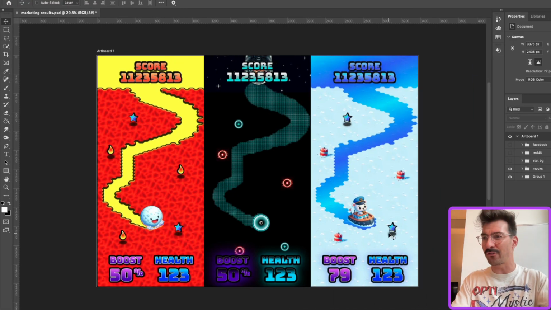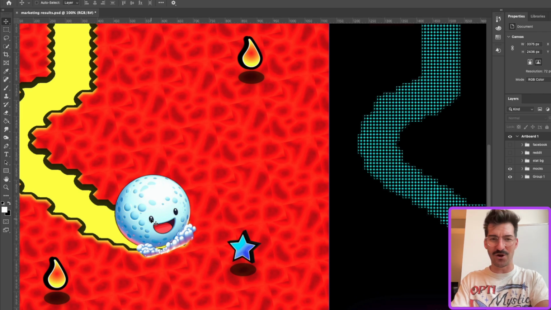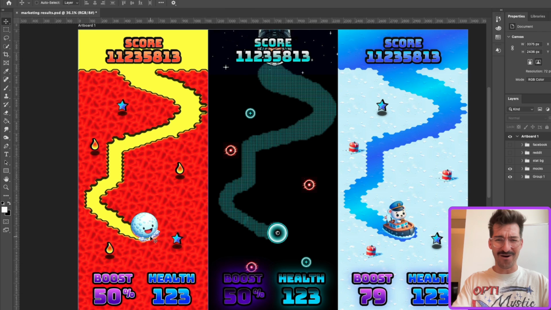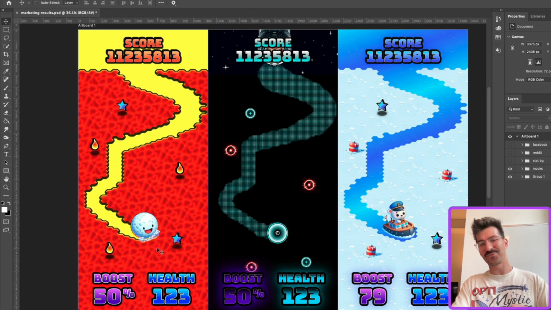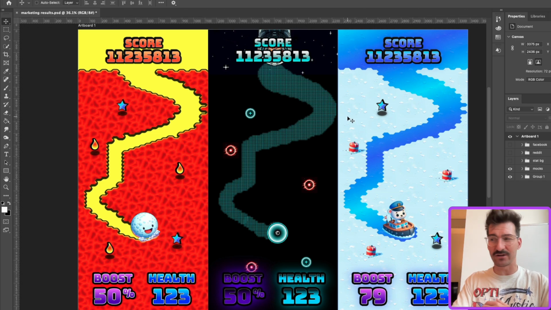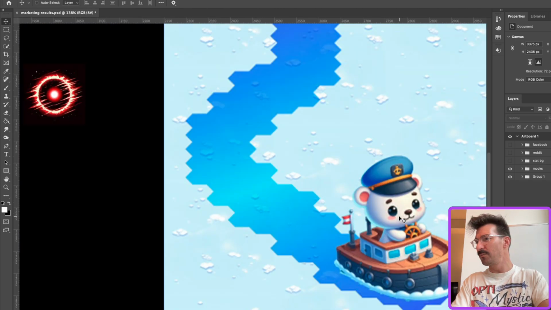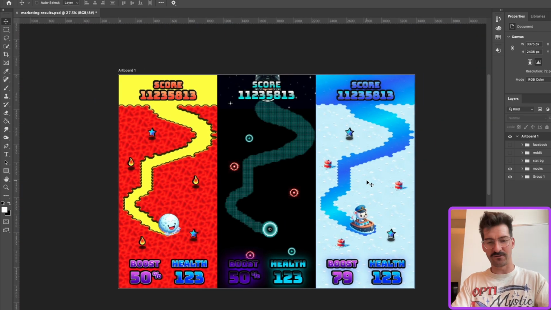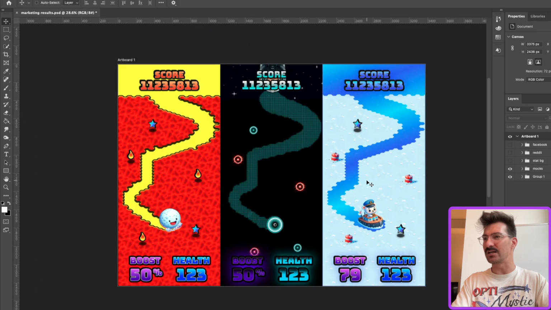Again, here are our 3 thematic mock-ups. We've got for you on the left, this is called Meltdown. It's got this plucky little snowball surfing through this lava ocean, somehow, against all odds, making his way through. Followed by Tunnel, which is a little closer to the original vision with a little bit more polish than our current gameplay has. And lastly, this theme is called Icebreakers, where you've got this adorable little polar bear cruising on his tugboat, breaking the ice, avoiding the buoys, and generally having a pretty cute and cozy time.